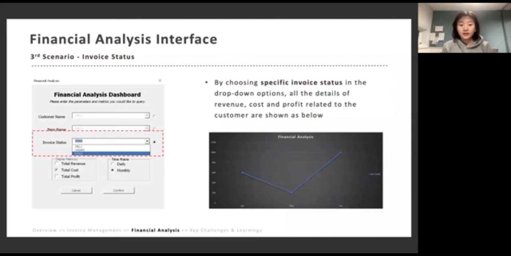You want to see either this invoice is unpaid or billed, and you can also see the trend easily in daily manner or in monthly manner. And the logic behind creating such a financial analysis chart is that first we select and filter the data from the original full data sets based on the choices you made, either its cluster name, item name, or invoice status. After such a filtered data set is created, we will create a pivot table from that data set, which means we're gonna group some data,